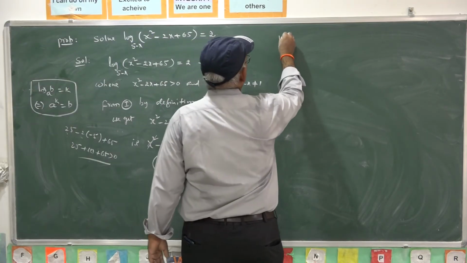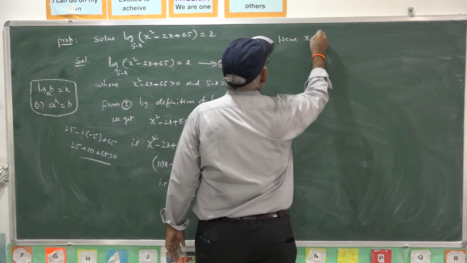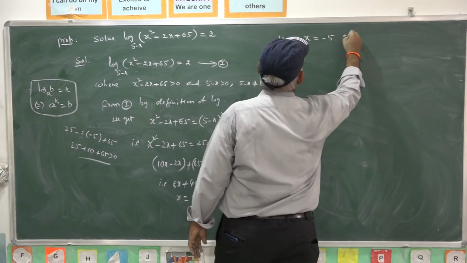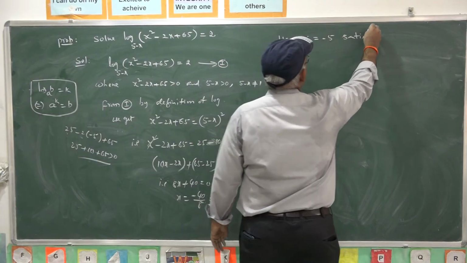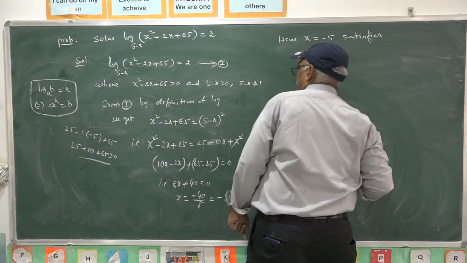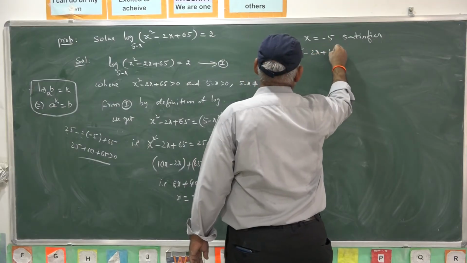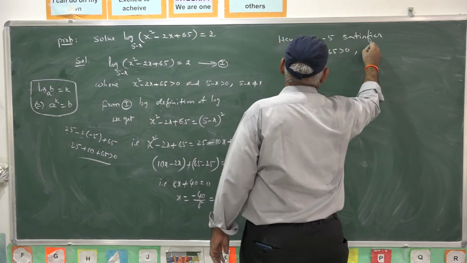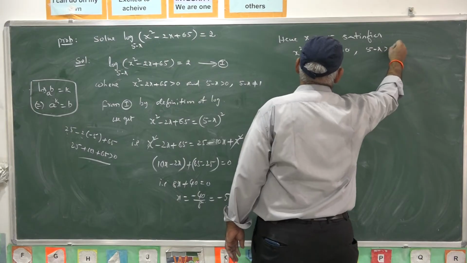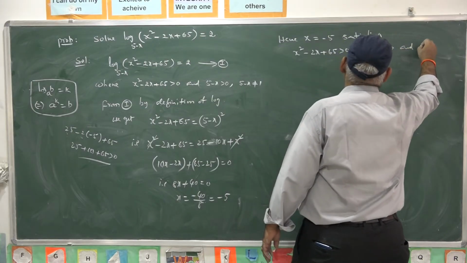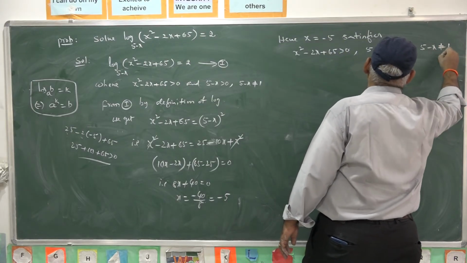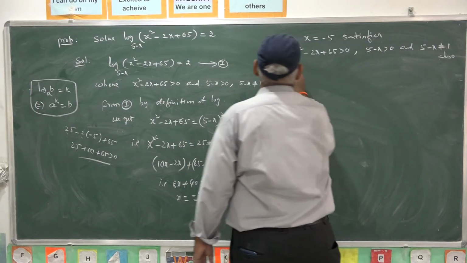So, here x equal to minus 5 satisfies x square minus 2x plus 65 is greater than 0, 5 minus x positive and 5 minus x not equal to 1 also. Hence,